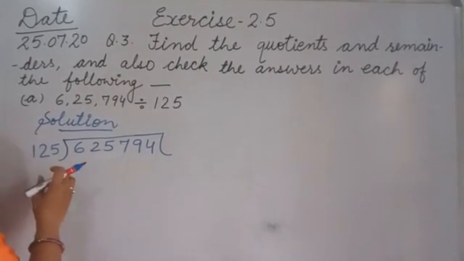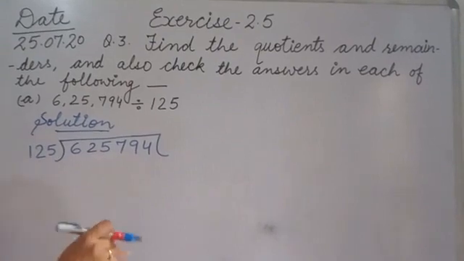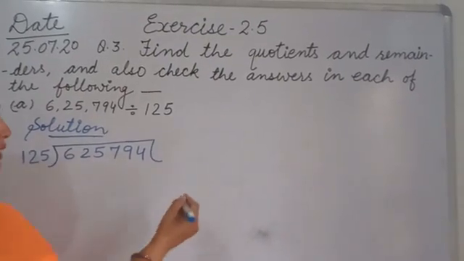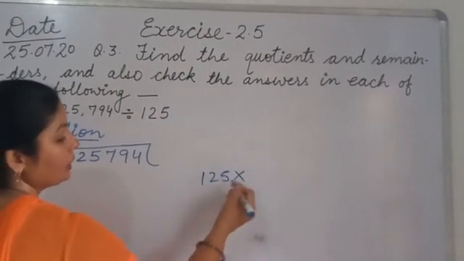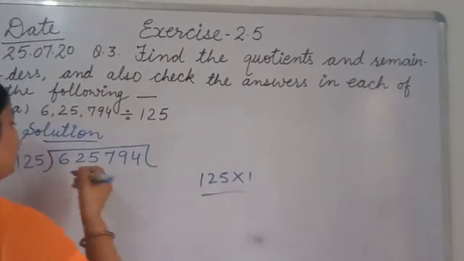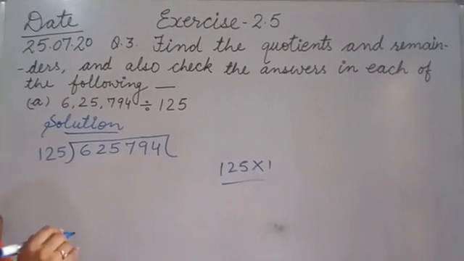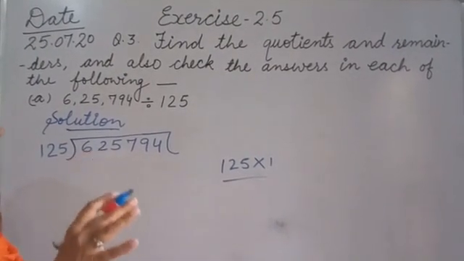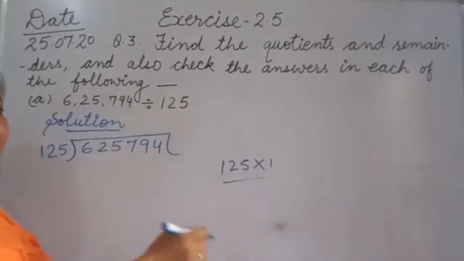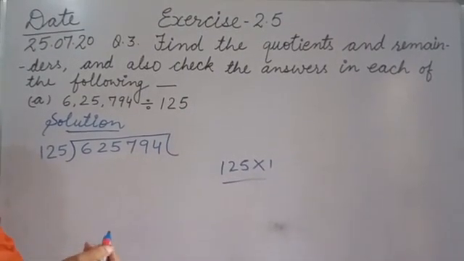Now how will we divide? One method is that we make the table of 125 in our rough notebook. You make the table of the divisor and then you can do it. Okay? But that will take a lot of time. That also you can do in the rough notebook, otherwise in the fair copy you can make it. But that will take a lot of time.